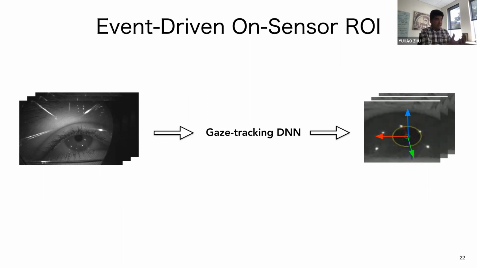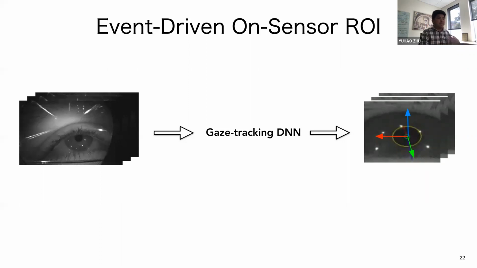So our idea here is that given a near-eye image, only the region of interest contributes to the gaze information. The background, as far as the eye image is concerned, the sclera, the eyelids, the eyelashes, and all those things are not really contributing to the gaze information. And so what we need to do is extract the ROI information and only transmit the ROI to the processor on which you run the gaze tracking neural net. Now you can certainly run an ROI detection algorithm or even a neural net inside the sensor, but that would defeat the purpose because you're running a computationally heavy algorithm.